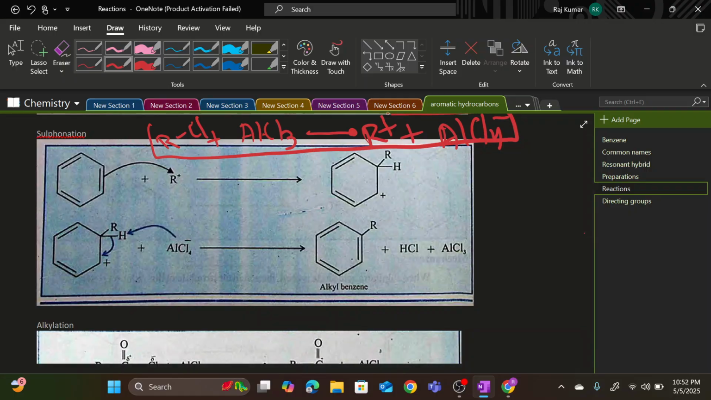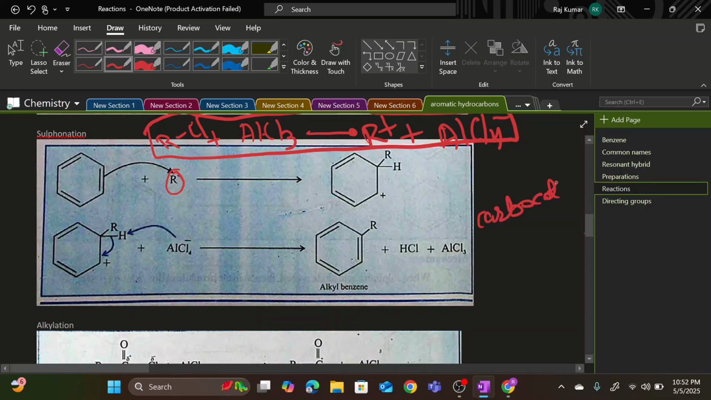The alkyl chloride, when reacted with aluminum chloride, will form the alkyl cation and aluminum tetrachloride. This is the first step, formation of a strong electrophile. Then this positively charged alkyl, we can call it a carbocation. This positively charged carbocation will then attach with benzene to form the phenonium ion, and that phenonium ion, when it attaches